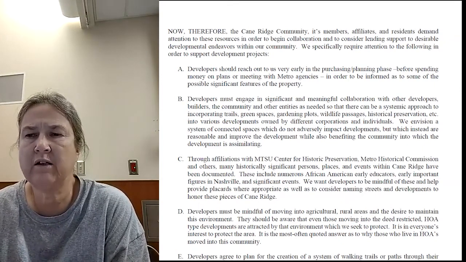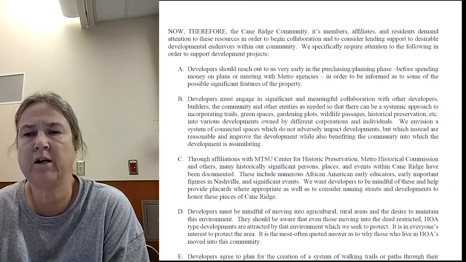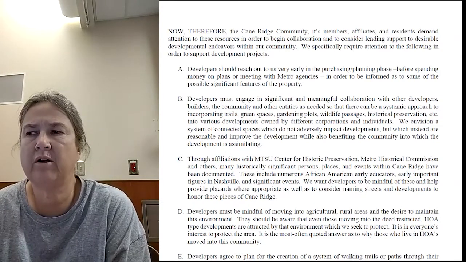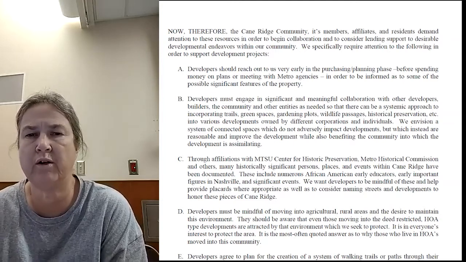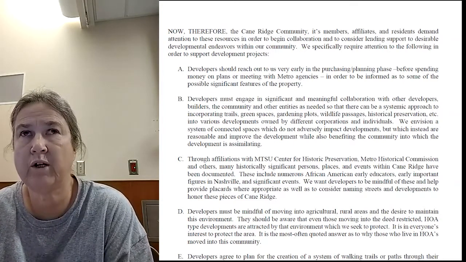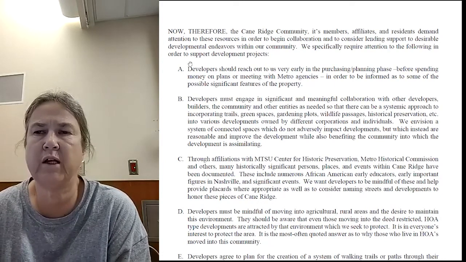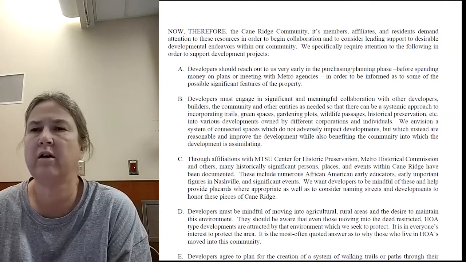There's nothing in this document that says developers must do A, B, C. It's a lot about here are things that we would like to be done, where reasonable, here are things we want done. Because again, we weren't trying to create a document that prohibited developers from even having a conversation or being able to do anything.